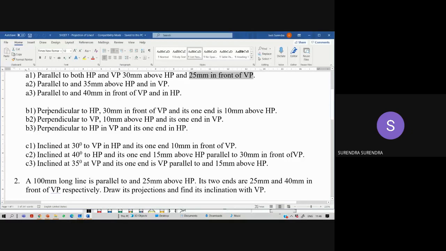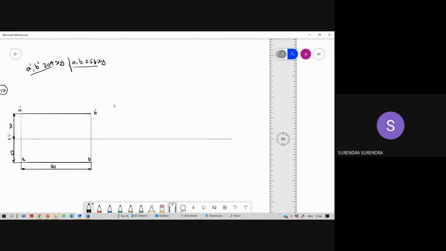The line is parallel to HP and 35 mm above HP, in VP. Since it is 35 mm above HP, A dash and B dash are 35 mm above the XY line. Parallel to VP and in VP, both conditions are the same. Similarly, parallel to HP means both the endpoints are at the same distance from the reference plane. Since the line is in VP, A and B